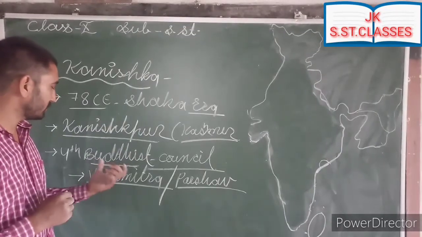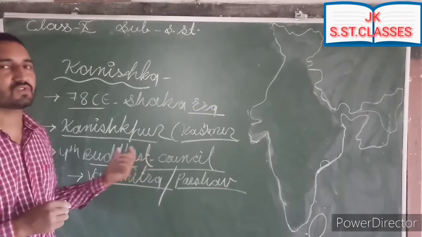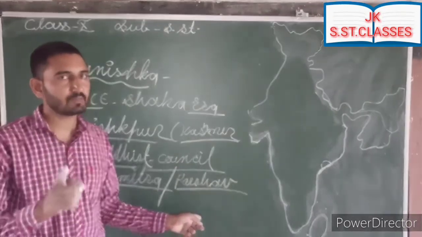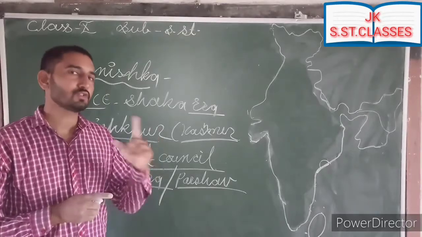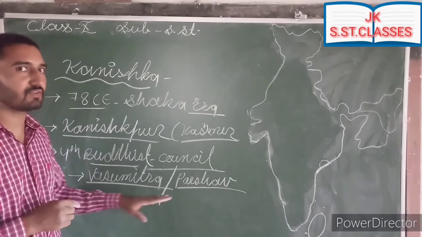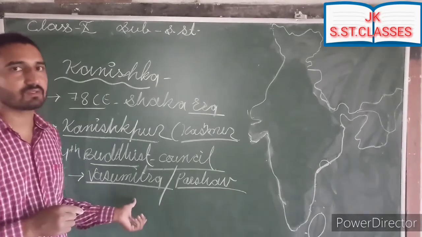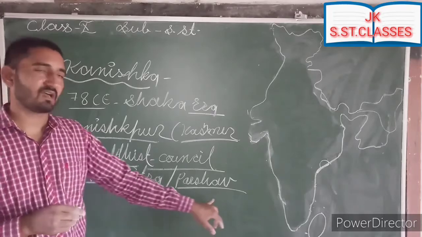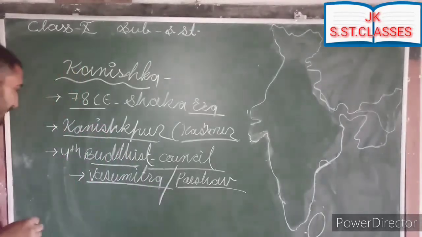Okay, so fourth Buddhist council held under the chairmanship of Vashumitra, but according to RBSE 10th book, Parsav. Okay, so you have to keep Parsav in your mind, not Vashumitra. For future reference, you can keep Vashumitra also in your mind, but according to your 10th book, Parsav. Okay, after that,